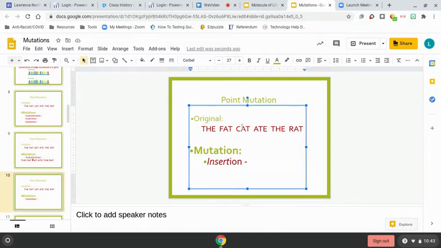So let's say we add a letter around the same spot that we substituted. So right here between the C and the A in cat. So we have the fat, we're going to add an A. But again, we're only reading in 3, so then it becomes